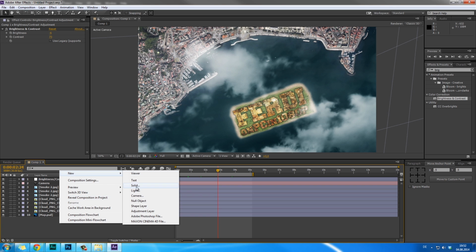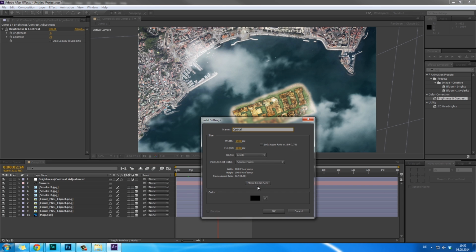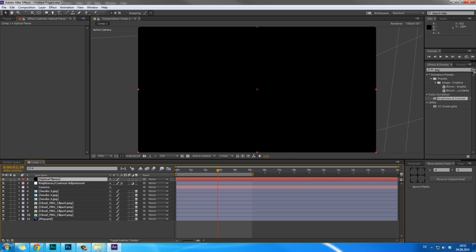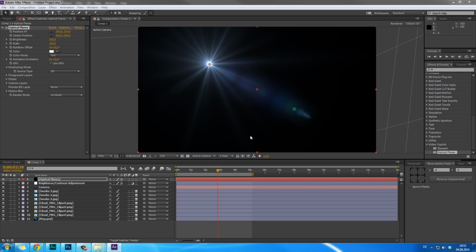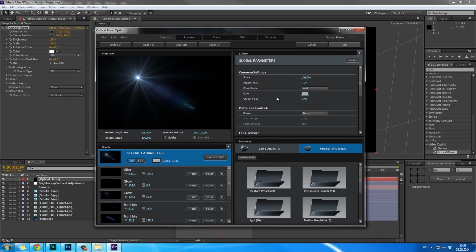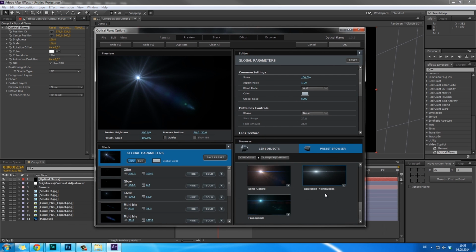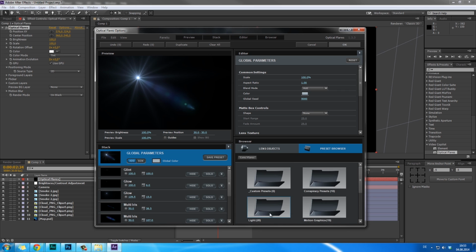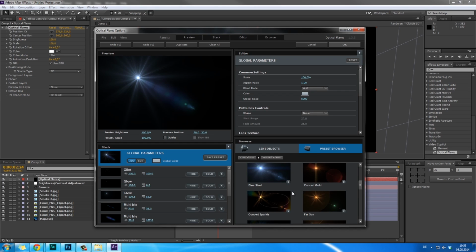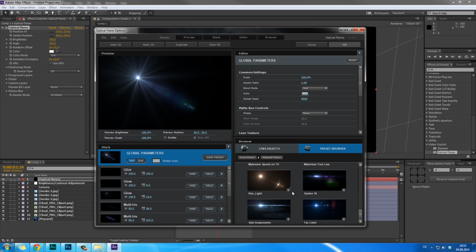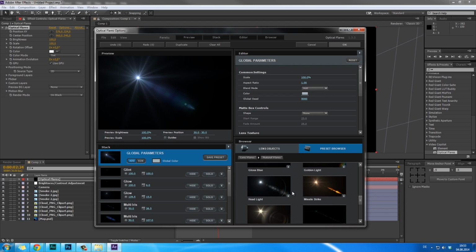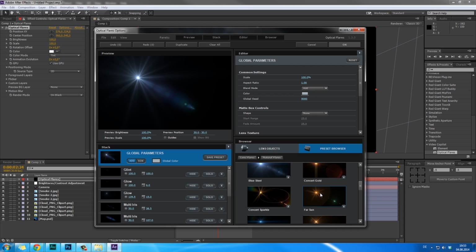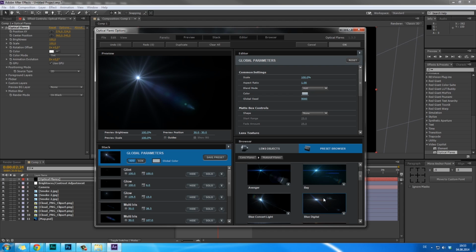So let's create a new solid, call it optical flares. A must-have plugin from videocopilot.net. Options, and get a cool sunny looking natural flare. Need something that looks like the sun. Far sun,